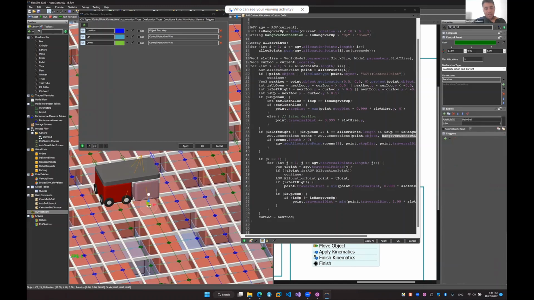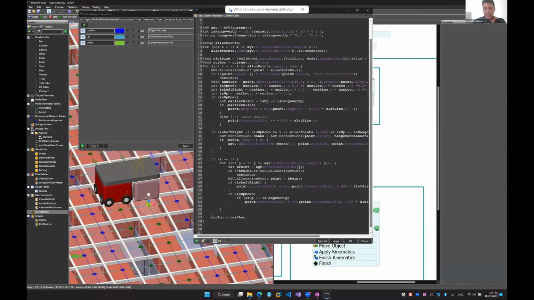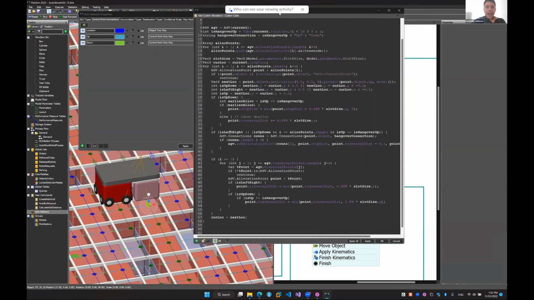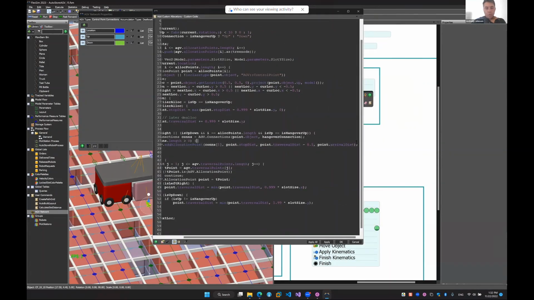I know based upon that, and then I look at the orientation of the guy, and based upon that, I can know, oh, here I need to look at the down connection. And then in that case, I essentially add an allocation point for that control point that has the exact same,